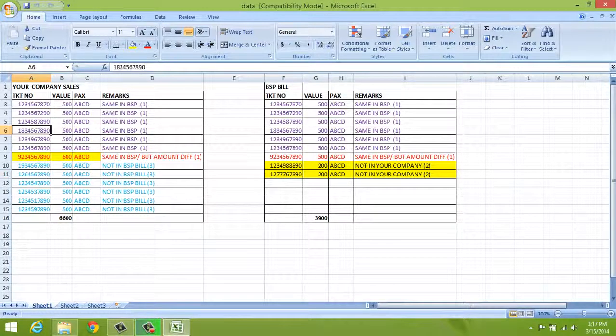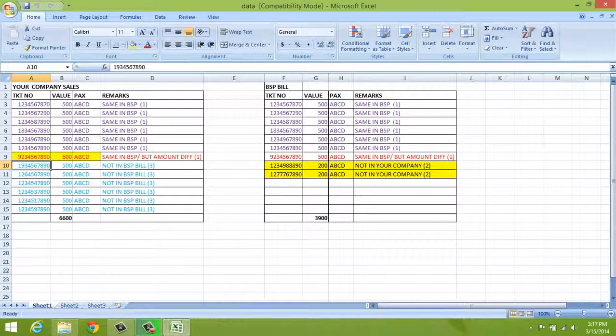Here some details are the same in your company and in the BSP bill, the same ticket number is there, and in some cases the ticket number is the same but the value is different. Here it's 600 and in the BSP bill it's 500, but the ticket number is the same.